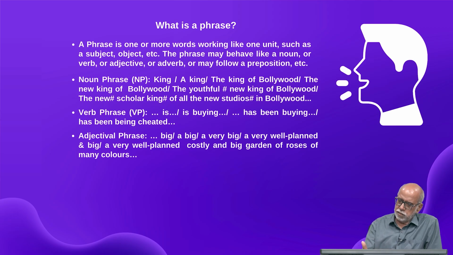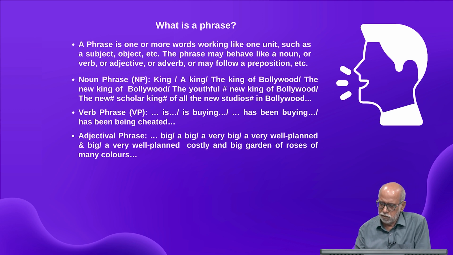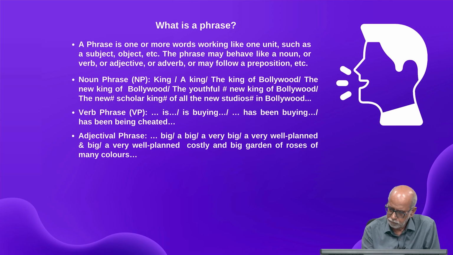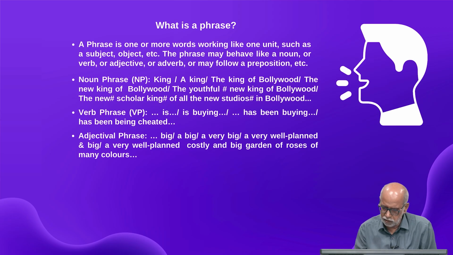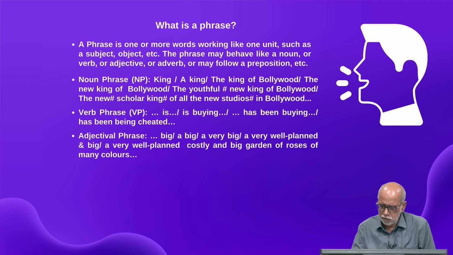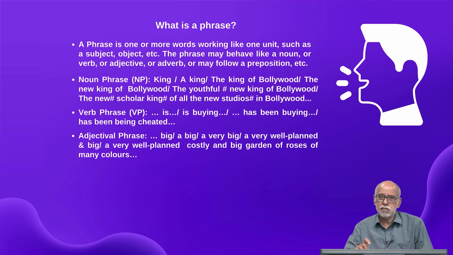Okay. And then it can have adjectives also after the main noun which it qualifies. So in jargon people call it pre-head modifier. Head is a noun phrase, a noun, and the adjectives before, all the adjectives here, they modify it, so it is called pre-head modifier, and then there is post-head modifier, okay, of roses of many colors, right. So, a phrase is one word or more words behaving like one